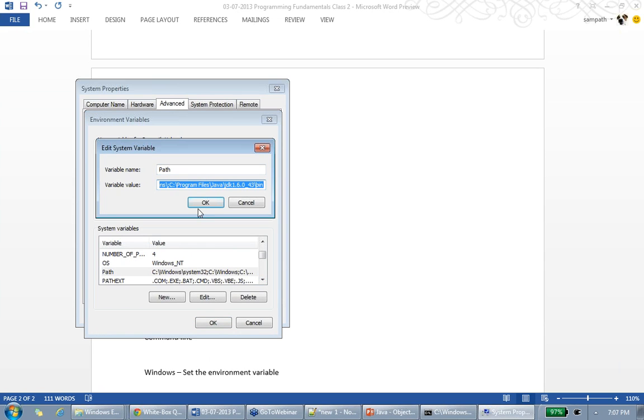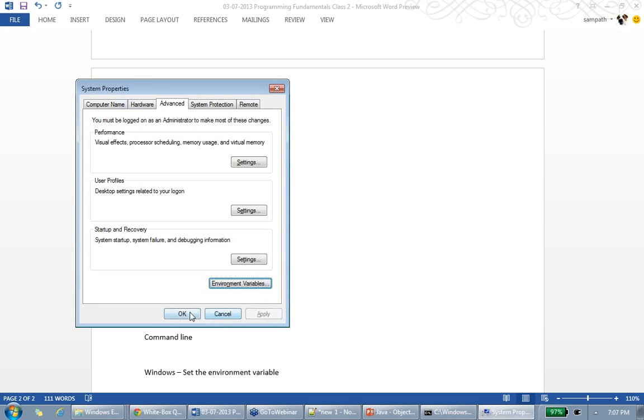Path means you are adding a path, you are not replacing the existing path, because there are many locations it will look for. So you are adding one more location, telling Windows to please look here also if I type something. Agreed? And you'll put a semicolon at the end, and you'll copy this path, and you'll click OK, OK, OK,